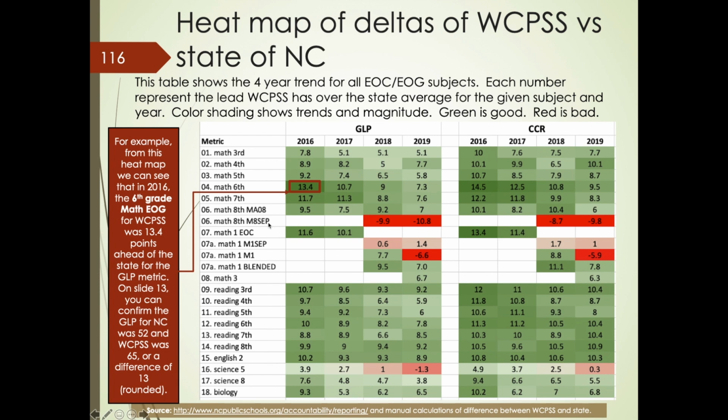And then again, for the new metrics, I don't show anything for 2016-17, but I do pull in the delta numbers for 18 and 19. So we have several new numbers. The M8 SEP, we're down in that. M1 SEP, we're pretty close, but again, all those numbers are in the mid to high 90s. And then M1, we were ahead in 2018, we're behind in 2019, and that's it as far as the new metrics. And then similarly over on CCR, you can see we're behind the state in some of these new metrics